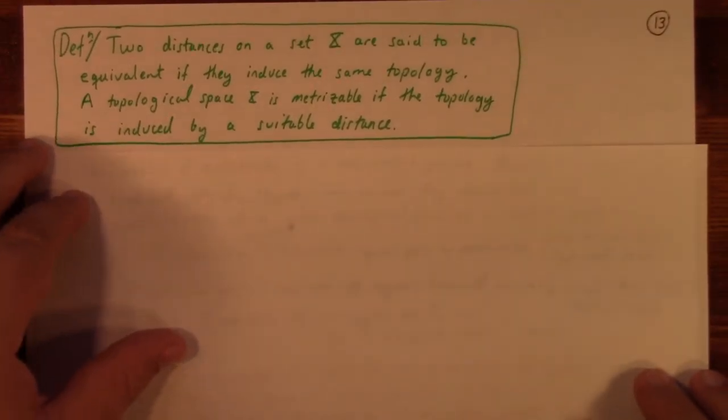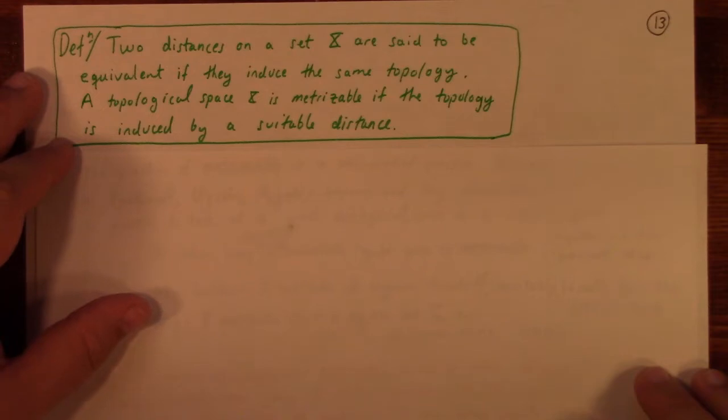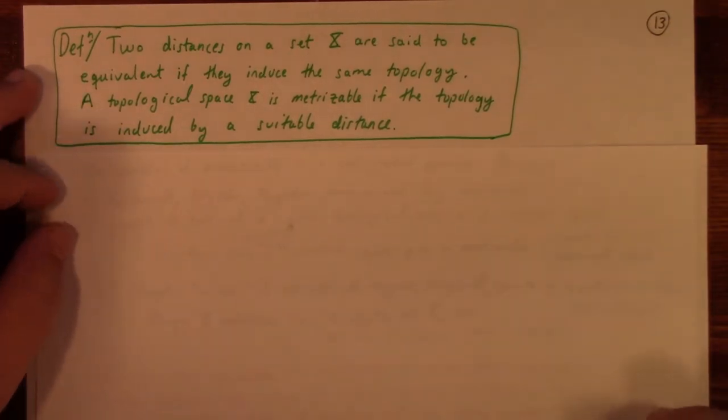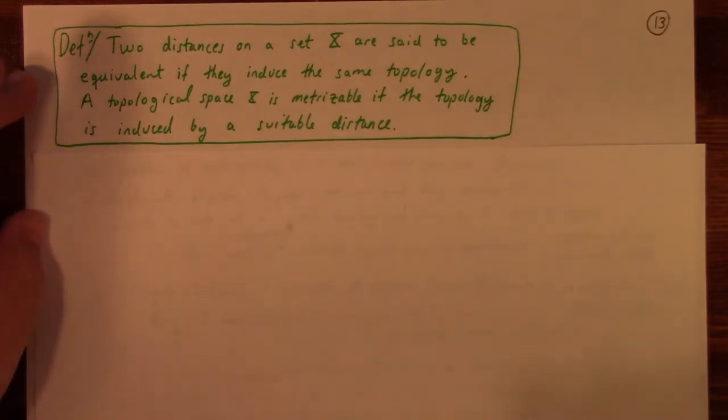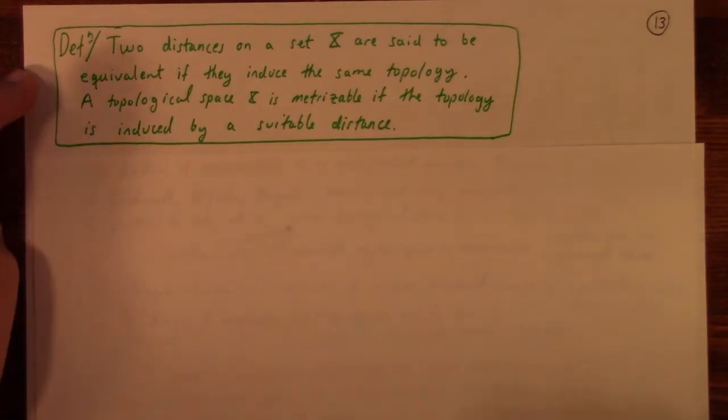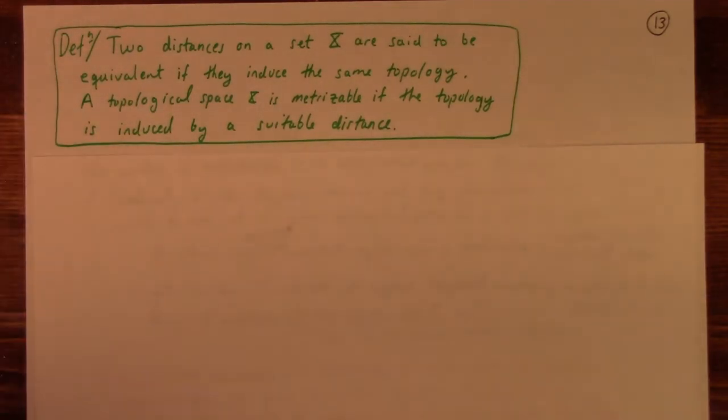Sad. It's almost done. All right, so two distances on a set X are said to be equivalent if they induce the same topology. A topological space is metrizable if the topology is induced by a suitable distance. All right. So the thing I got hung up with at the start of the last lecture, rather the previous video, because this is over an hour, is that